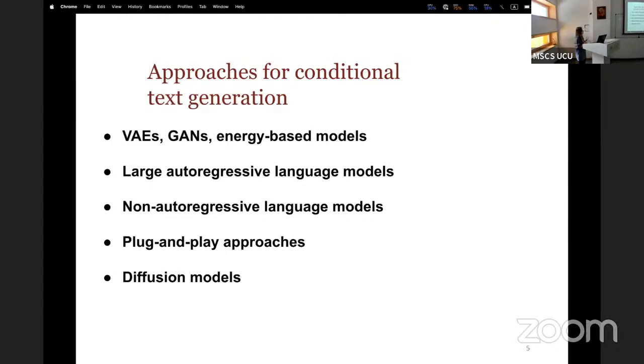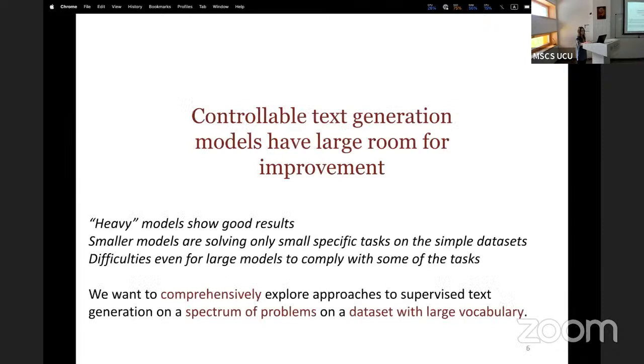There are lightweight plug-and-play approaches which keep the language model fixed, and they steer the generation towards some control conditions by external classifiers. There are different models which work the same way. And there were some more lightweight approaches, but they still have some limitations. Overall, controlled text generation models have a large room for improvement.